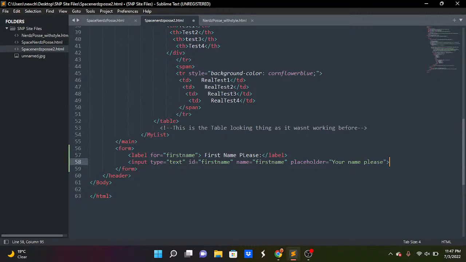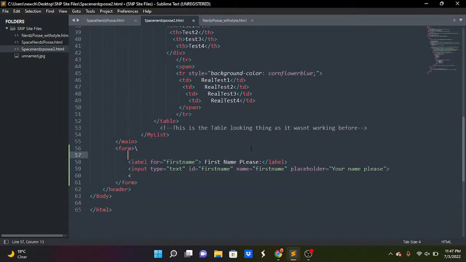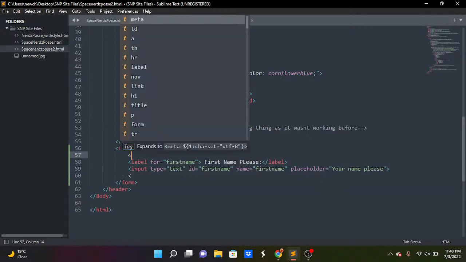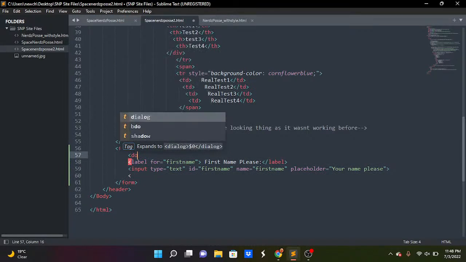Get is considered insecure. It's going to append your data to the URL of your web page. So for example, if I set the method to get, type in some information, and click submit, it's going to append my data to the end of my URL. So it's going to add a question mark, then all of my data. If it's some secure information like a password,